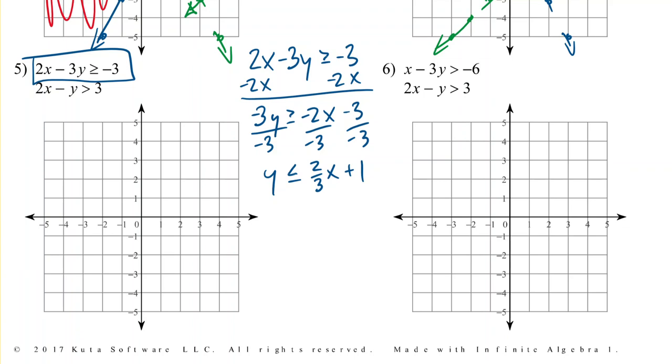So our y-intercept is 1. Our slope is up 2, right 3. Down 2, left 3. Down 2, left 3, somewhere over here. And we're going to be using a solid line. And we're not eating the y. Y is less than, so we want to shade the bottom of that line. Our next line,